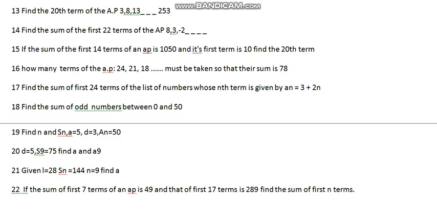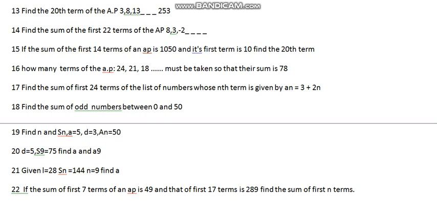Then what is given: find the sum of the first 24 terms. You are given An is equal to 3 plus 2n. With the help of that, you are going to find A and D, and you are given n is equal to 24. Then you have to find the sum by using the Sn formula. Very simple question. Only the thing is with An is equal to 3 plus 2n, just practice this one.